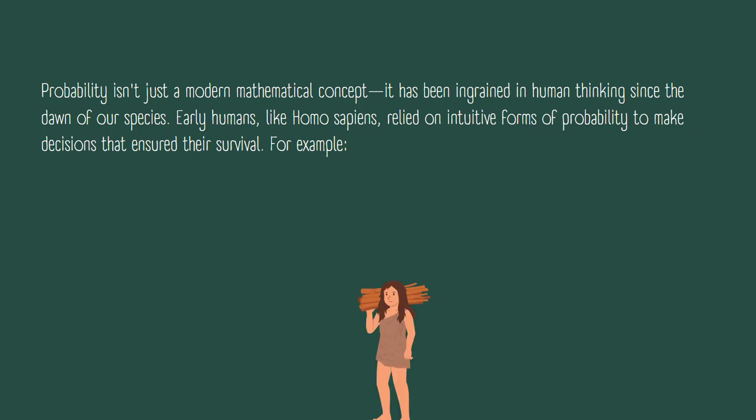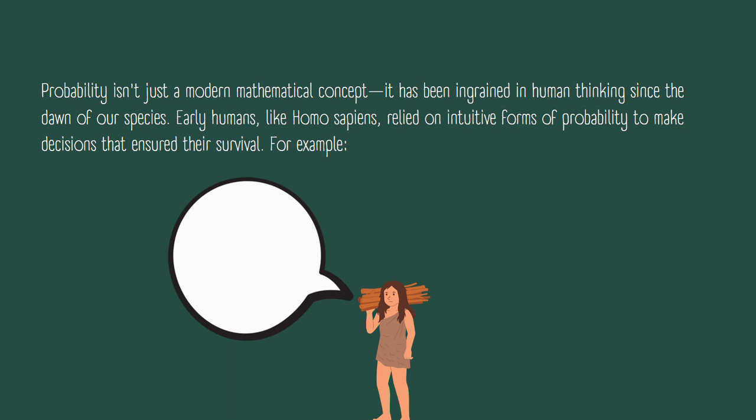Let's go with examples. When we were Homo sapiens, they might have thought that if we hunt a big animal, the probability of getting meat is higher. At that time the concept of probability was not founded, but it was used by our ancestors unconsciously. So if they hunt a big animal, they can get bigger meat.